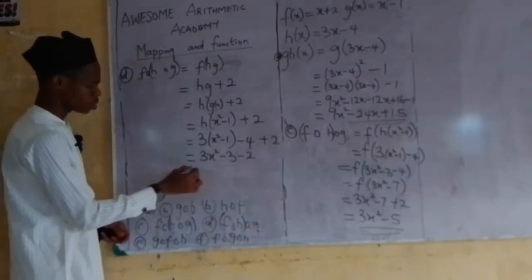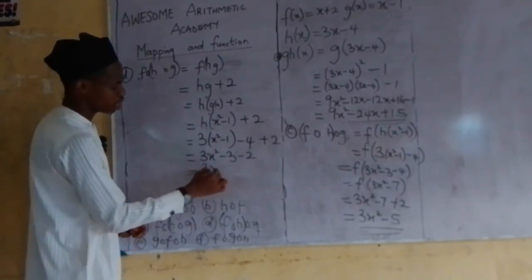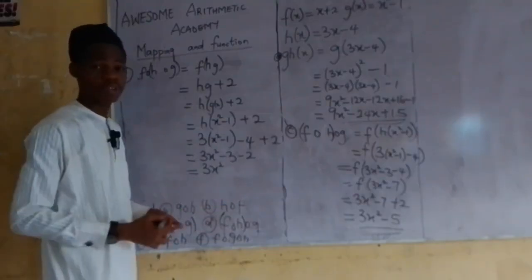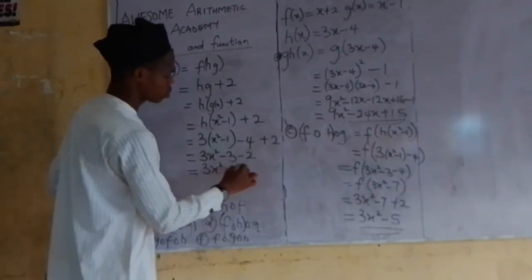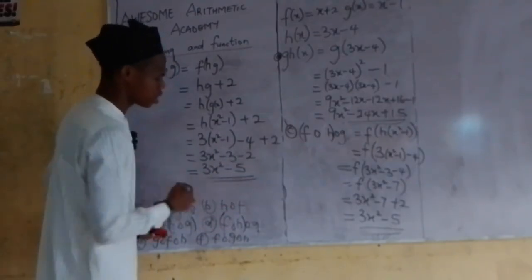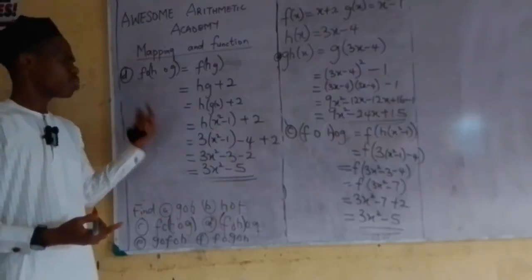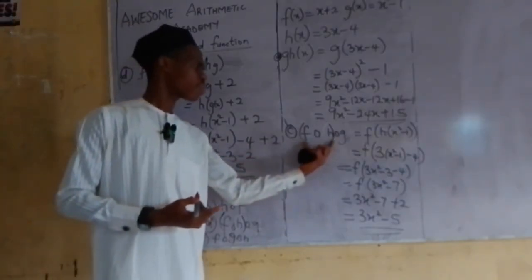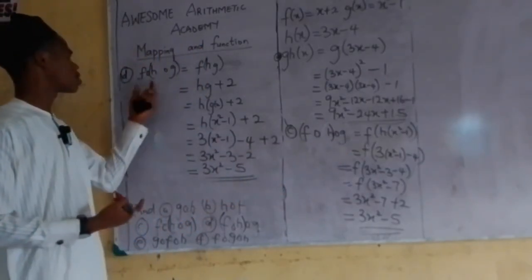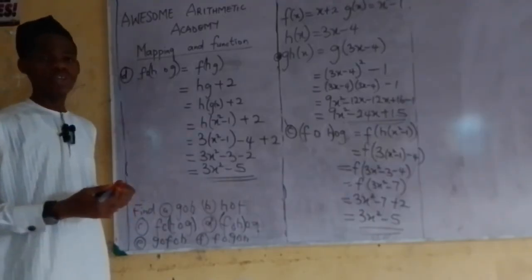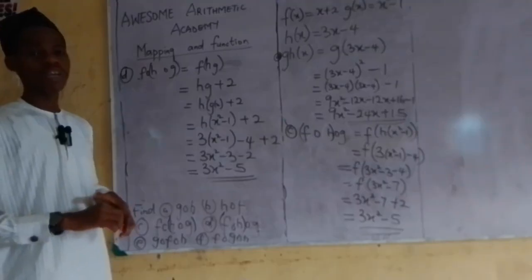So now let's solve this. What are you going to have? 3x squared. Minus 3 minus 2 is what? Minus 5. And that's the answer. And when you check now, you see that we are having the same thing when we firstly consider f of h before g, or we consider h of g before f. So in that case, when we are having this kind of